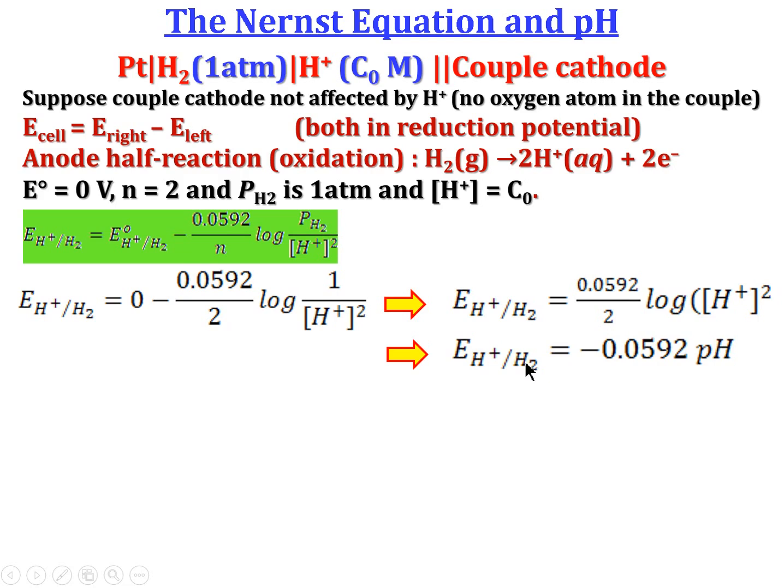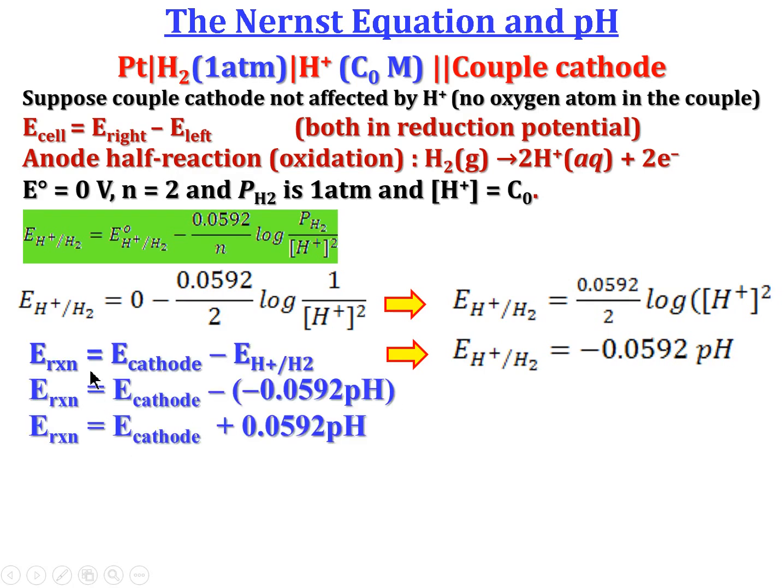So E(H+/H2) is equal to 0.0592 divided by 2 times 2 log [H+], and since the pH is equal to minus log [H+] in the solution, E(H+/H2) is equal to minus 0.0592 pH. E of the reaction equals E cathode minus E anode. So E of the reaction equals E cathode,